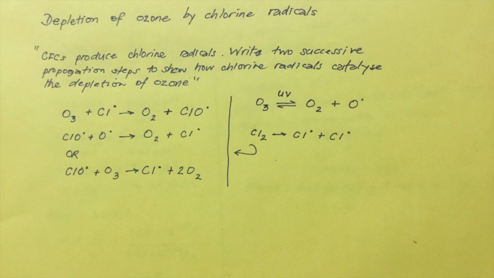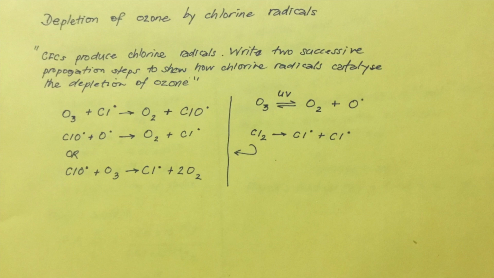Now these chlorine-free radicals find their way up into the stratosphere through a series of steps which are not going to be covered right now. But once chlorine is up there in the stratosphere, in the presence of ultraviolet light, it too can break into 2 free radicals, a chlorine atom in other words. And here you have an example of what is called a homolytic fission. So with this homolytic fission and this highly reactive chlorine-free radical being formed, then it goes in and begins its